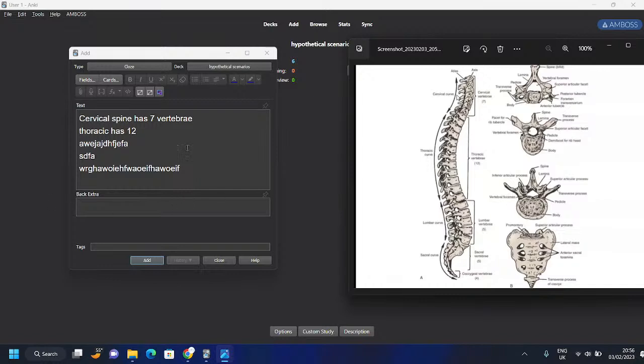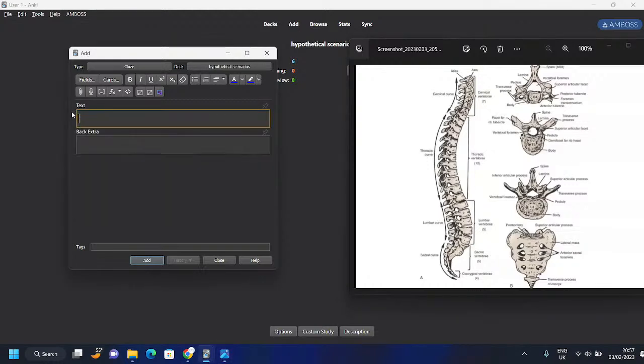However, anytime anyone looks at that card, it's immediately going to give them a stroke. Okay? So to give you guys a quick rule of thumb, if the card takes more than 10 seconds to solve, after you already know the information, it's probably not that good of a card. Okay? So for example, for this one, the cervical spine has 7 vertebrae. And has a,